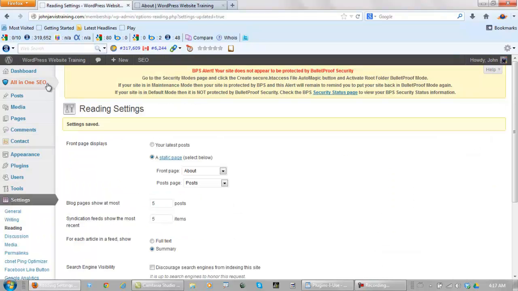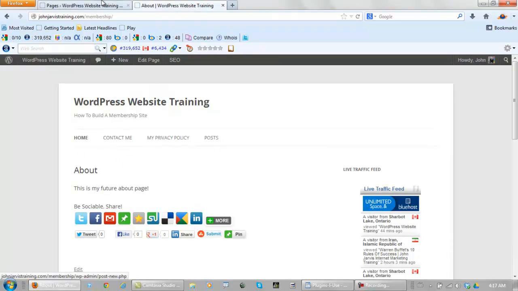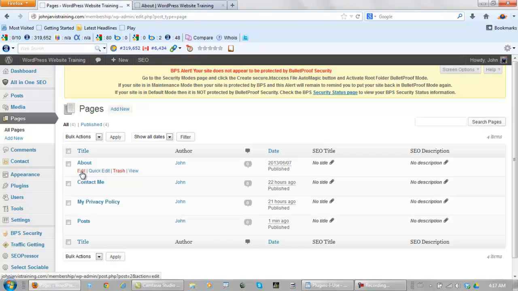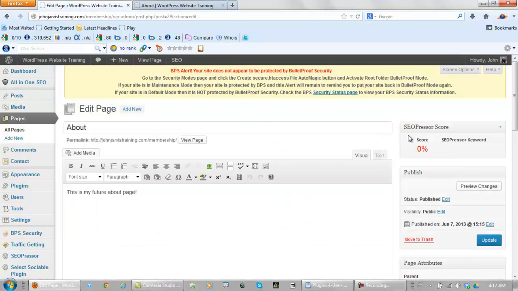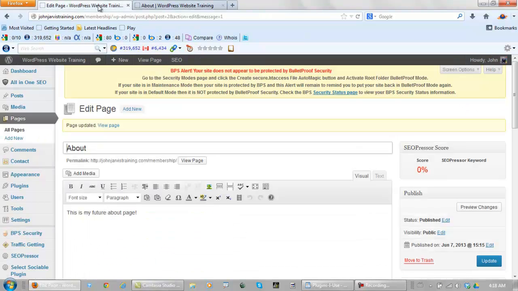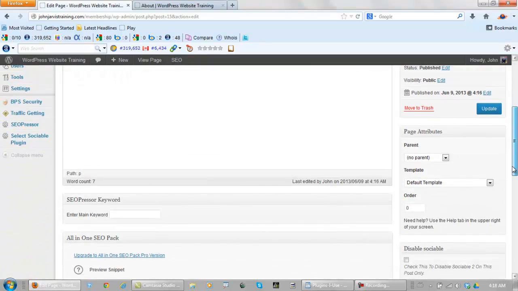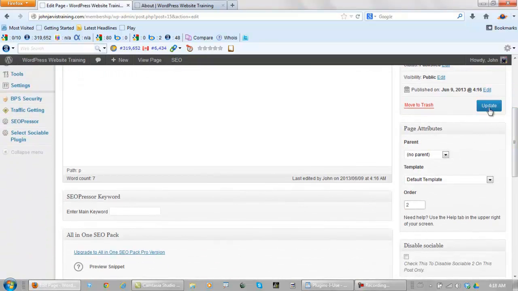If we come back here and go to all pages, and whichever one of these you want as number 1, you click on it and edit it. And if you scroll down here, order, have this as 1, update, and if you want your post to be number 2, you go to all pages, go to posts, edit, order number 2, update,